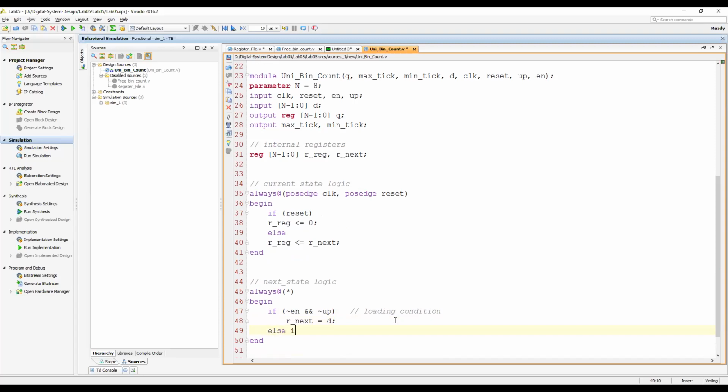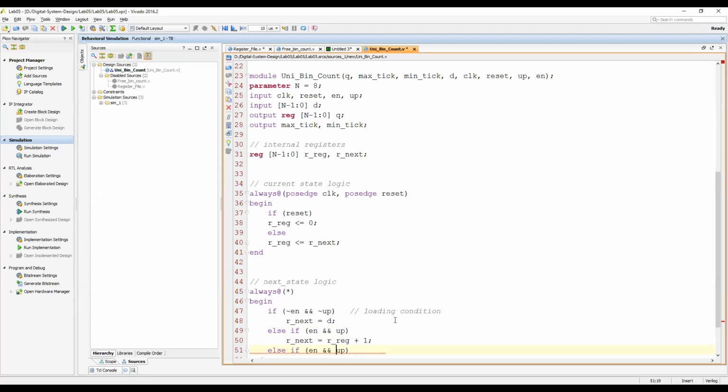Else if for the up counting, let's say it is enabled and it is also up. Okay, so in this condition, R next is equal to R reg plus 1, right? Else if enable, up.